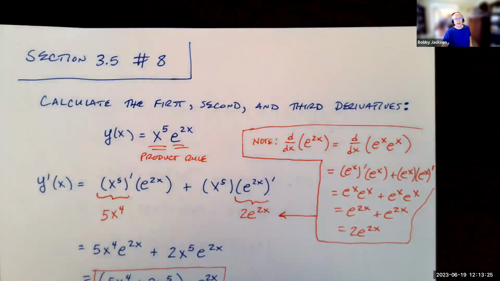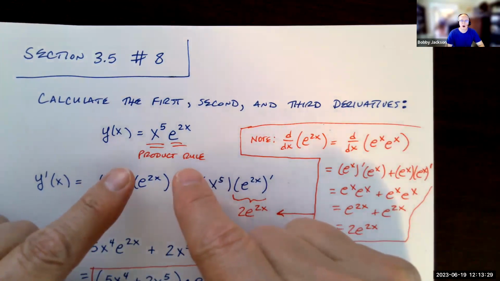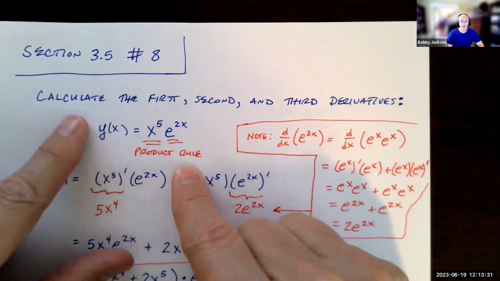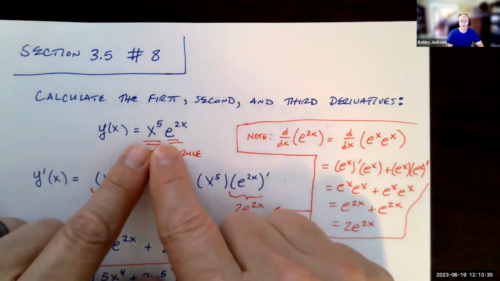Okay, we're going to look at number 8 in section 3.5. It's a little bit involved and drawn out a little bit. We're going to calculate the first, second, and third derivatives for this function right here, x to the fifth times